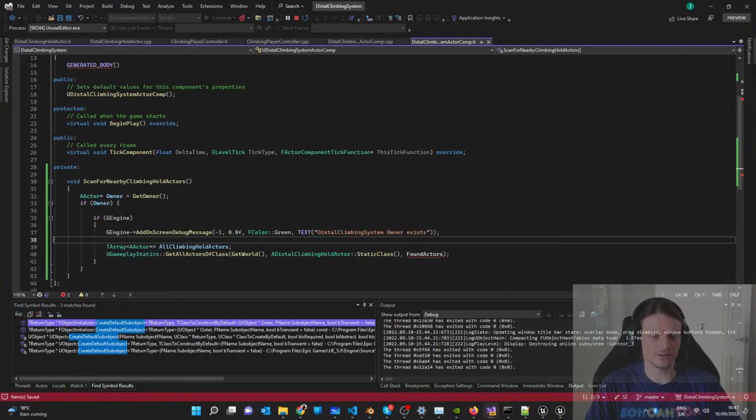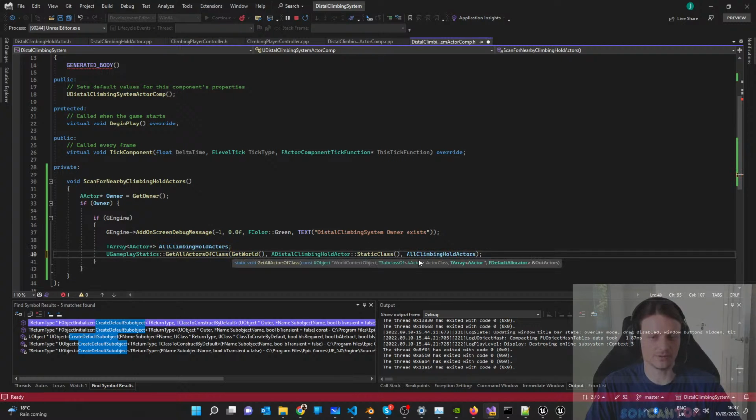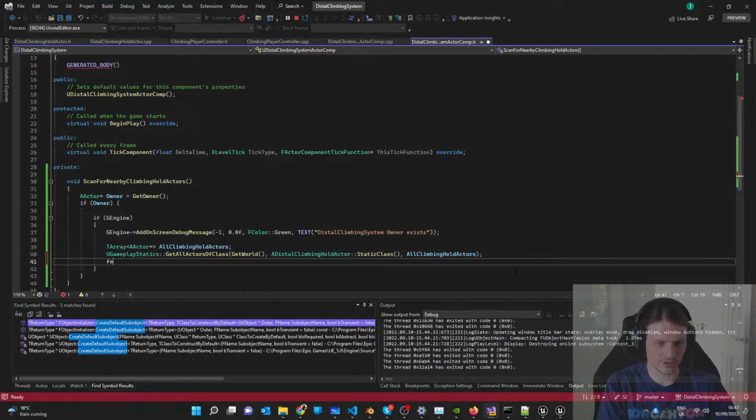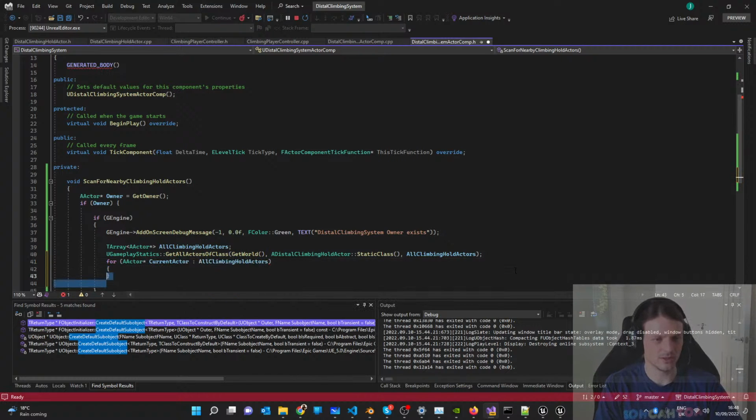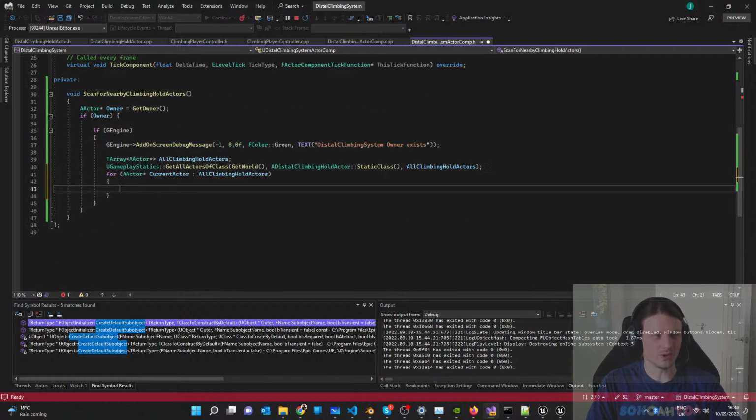And found actors, looks like it passes out this, so I'm guessing this is like a reference passing in, or a pointer, yeah, sure. Oh, there you go, a reference. And then we're going to go take a loop-the-loop around this for current actor in all climbing hold actors. Then we will